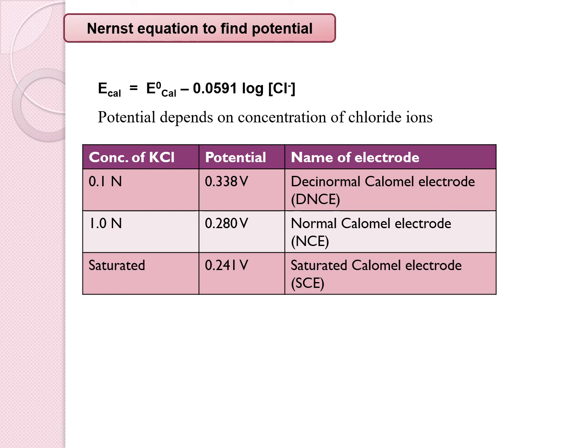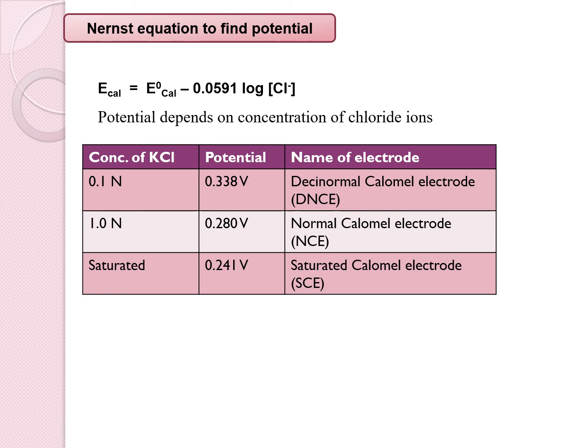Now this calomel electrode has certain limitations. The first is that we cannot use this calomel electrode above 80 degrees Celsius, since we are using mercury and mercurous chloride, which above 80 degrees Celsius will disproportionate or may decompose. So we will not get the correct potential value. Another limitation is that when using this calomel electrode, we have to handle mercury and mercurous chloride, which are toxic elements or toxic compounds. So these are the two limitations.